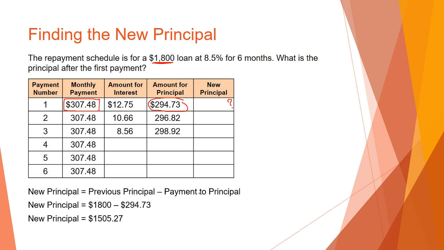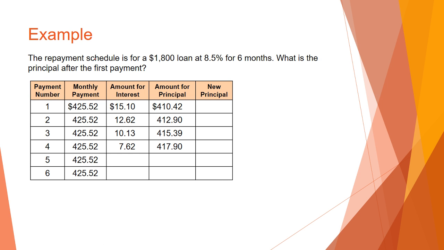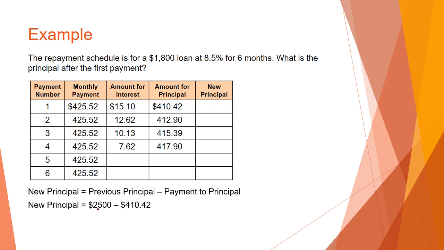Alright, so the new principal is going to be $1,505.27. So after the first month payment, we owe $1,505.27. Alright, here's another example. Same thing, we're looking for the first payment, or the principal after the first payment. So again, previous principal minus payment to principal, which is $2,500 minus $410.42, giving us